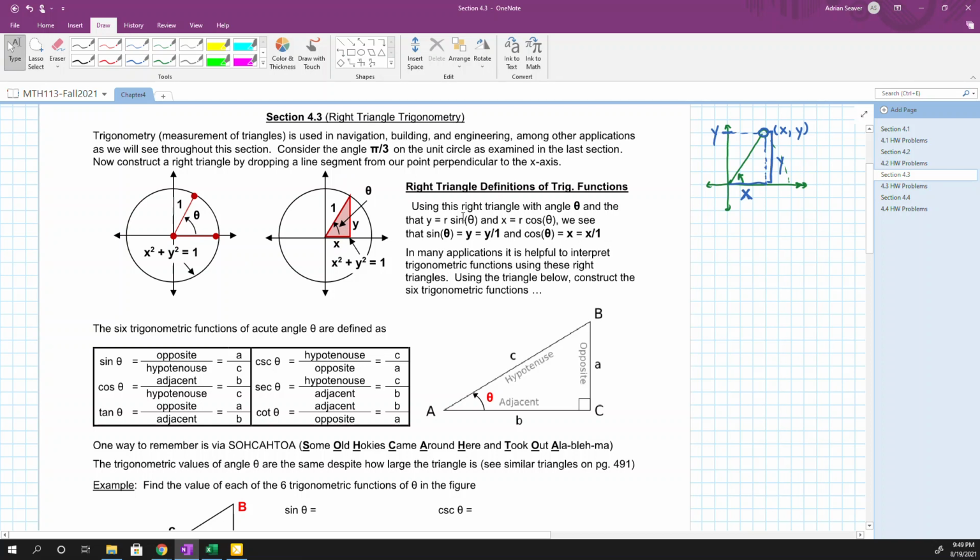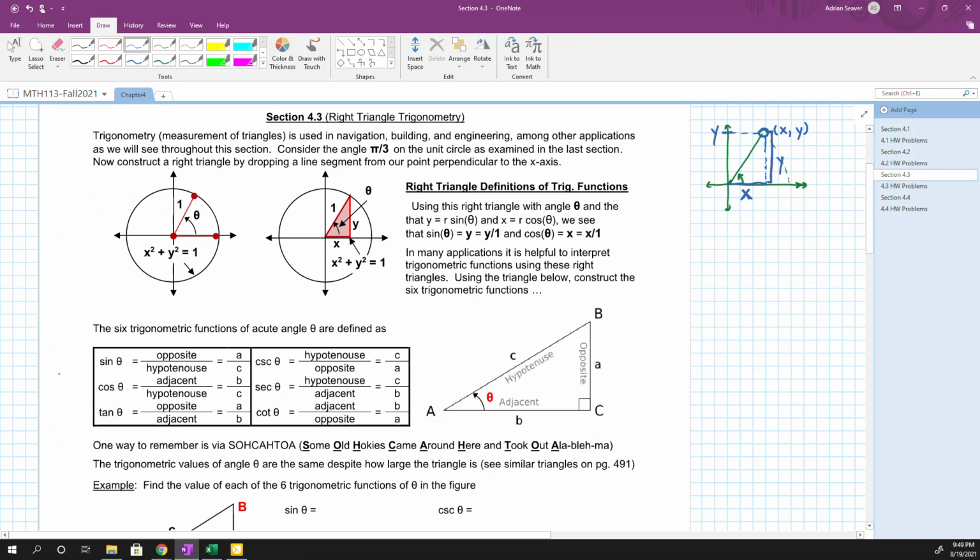Instead of using the unit circle, we're going to define these based on the lengths of the sides of this triangle. If you go back to geometry and think about similar triangles and how those lengths are related, however big the triangle is, if the angles are equal, then the ratios have to be equal. So without going into too much detail, what I wanted to point out is